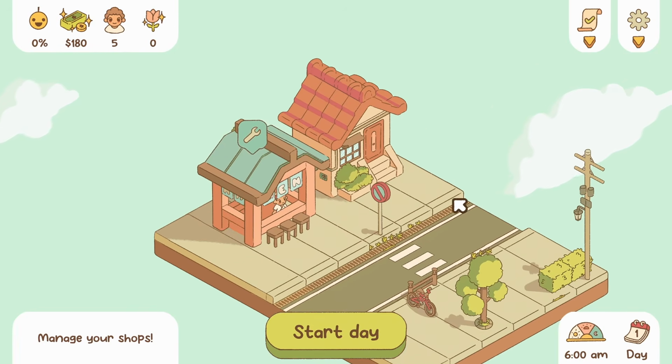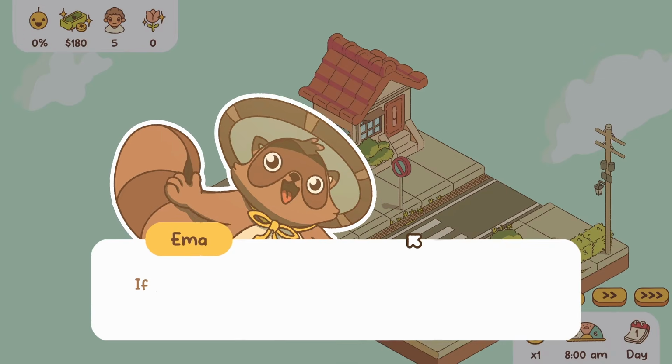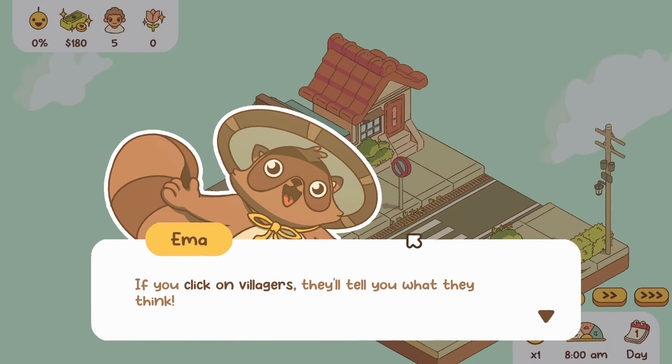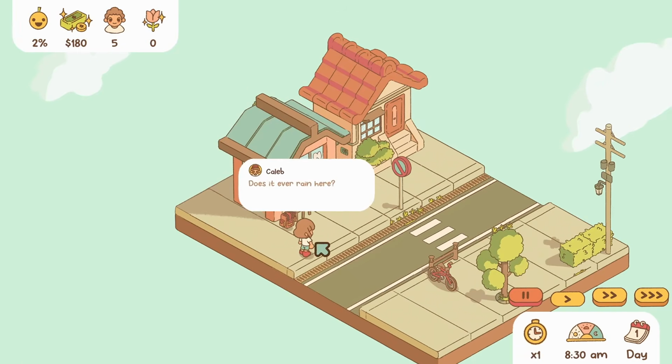With that done and nothing else to do, I went to start the first day. Oh, wait, I forgot to tell you something important. Thankfully, it was just that I could click on villagers to find out what they were thinking, like what they liked or didn't about store offerings. So I clicked on the first villager I saw and...